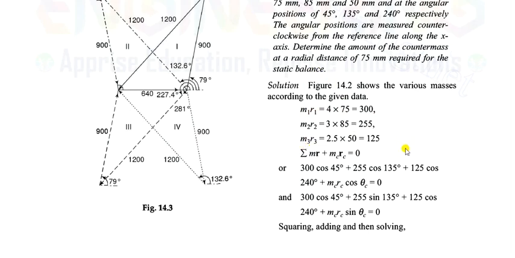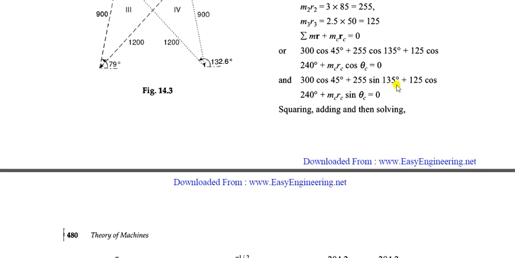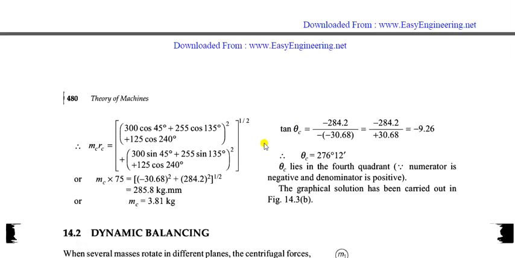So M1R1, M2R2, M3R3 you will calculate. Now the summation of M into R plus MCRC, that means MBRB, counter mass and radial distance of counter mass, should be equal to 0. These are not equal to 0. That means it is not balanced. So once you add this balancing mass, it should be equal to 0. Okay. So cos component and sin component, again the same method. Okay. MC RC cos theta C equal to minus 240.